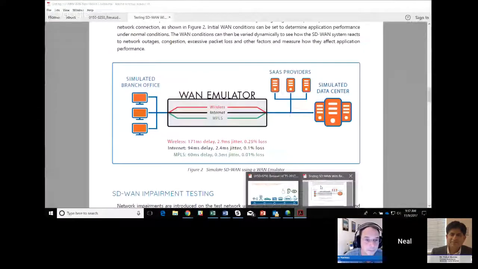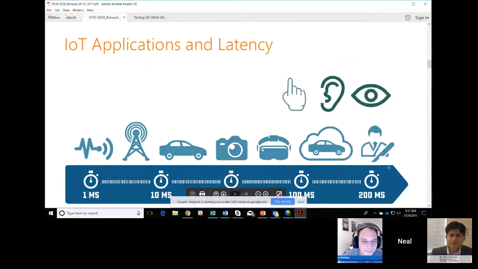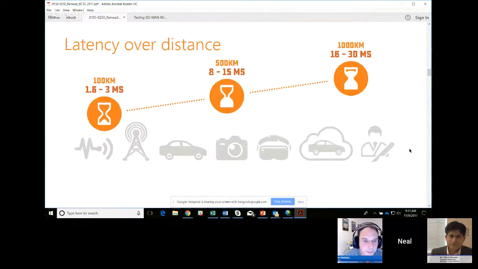a really cool slide from a market research company called 451. Sure. Just to give these guys credit, because this is their material, 451 Research. Latency is a really big deal for Internet of Things and mobility, and they're seeing that it's actually going to affect where resources in the network are placed,